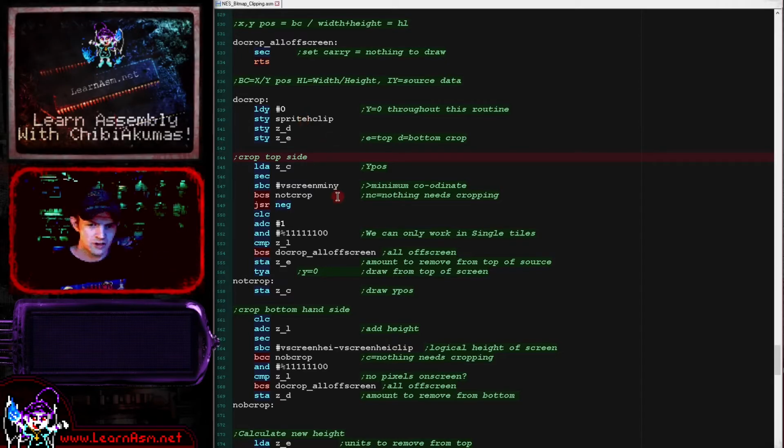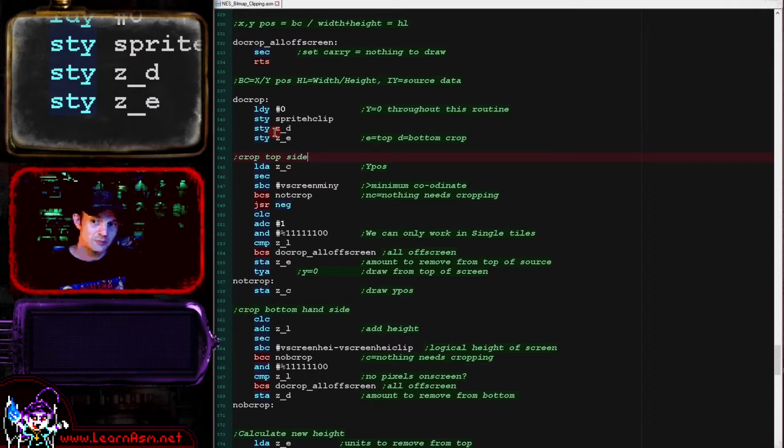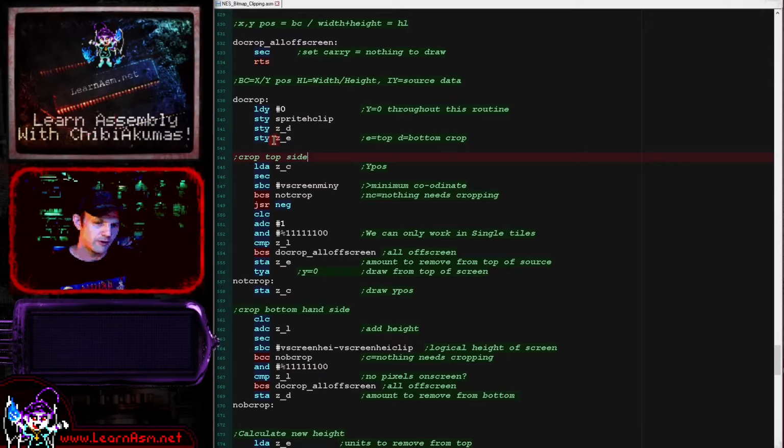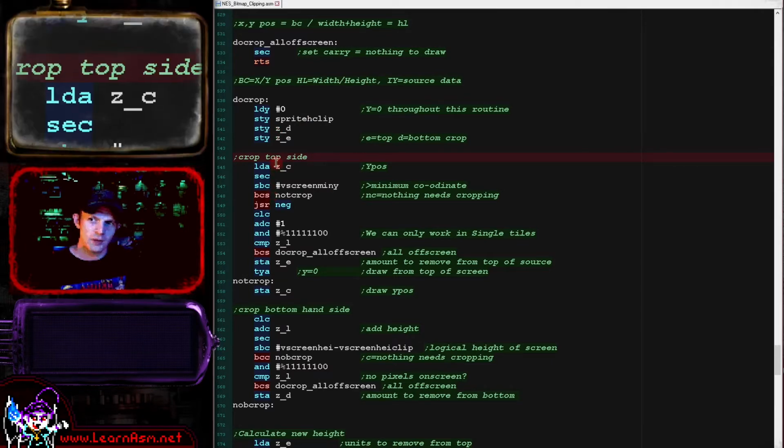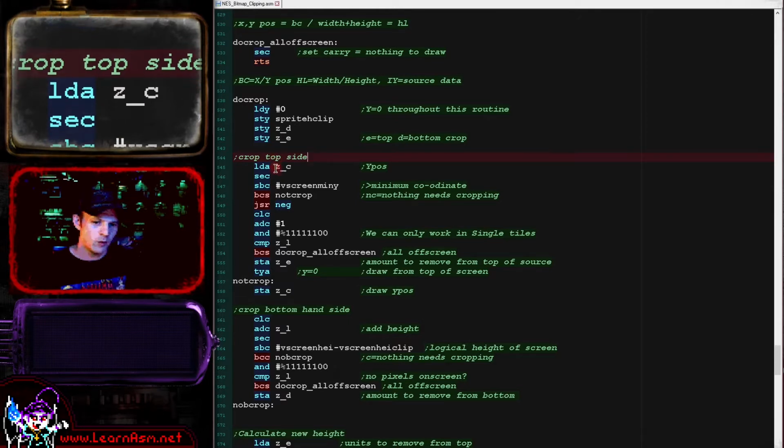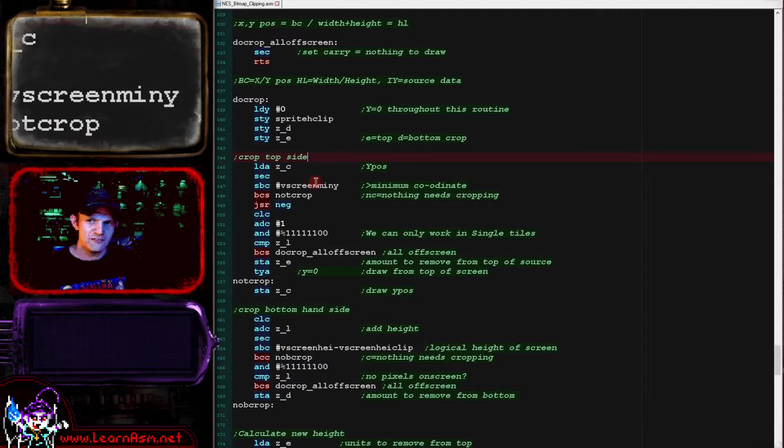So that's what that's going to be used for. D and D are just some temporary variables that we use during our processing. So first what we're going to do is we're going to load in the Y position of our graphic, and what we're going to do is we're going to subtract the first logical vertical unit of the visible screen, and